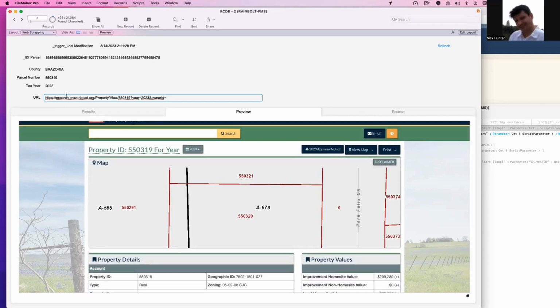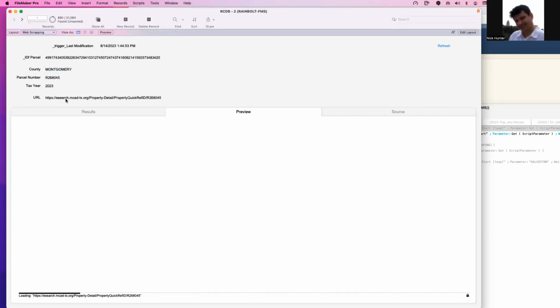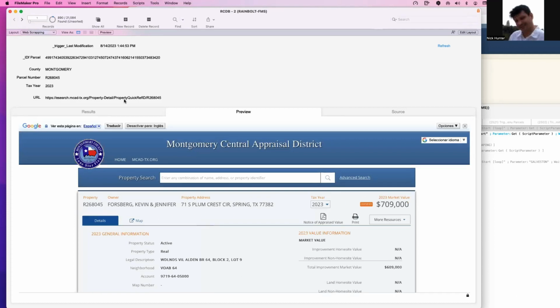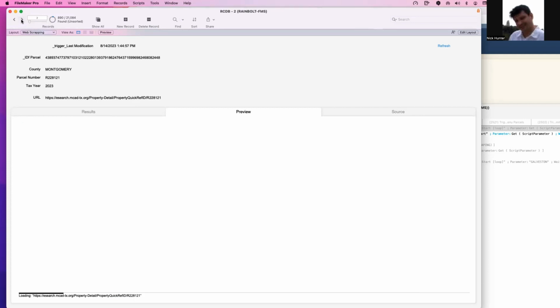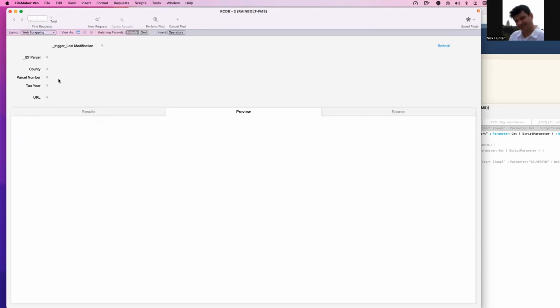And for each county, we have a different address. For example, if I go to Montgomery County, the address and the URL are different. They have different ways to call things, and the website is different. If I go to another one, it will load another quick reference, with other information. If I go to another county,